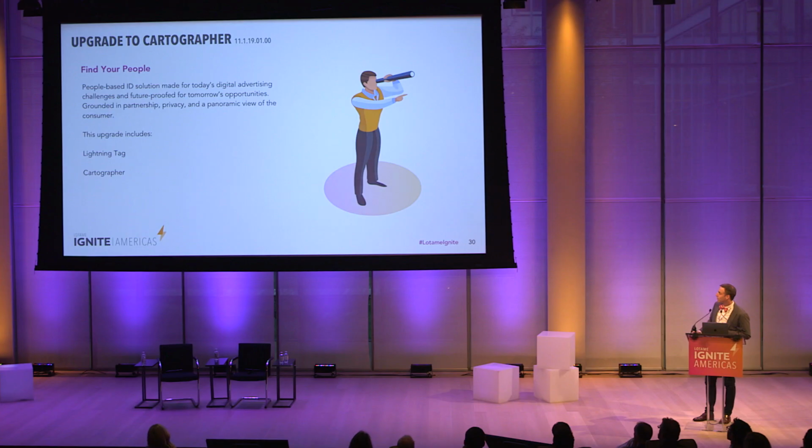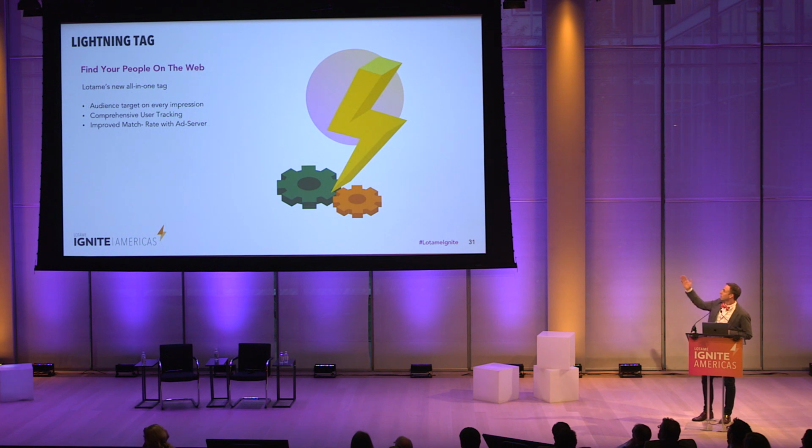It's got the Lightning Tag, and the Cartographer, which is the graph component. So I'm just going to move through this upgrade just to get it upgraded right away. Great. So Lightning Tag is our new lightweight tag that sits in the header and does all of the work of our previous tags in one go. Audience targeting on the first impression, comprehensive user tracking on all browsers and all environments, and improving match rates for your DSPs. We're very excited to roll this out, and for publishers in the room, this is a game changer for you guys because,